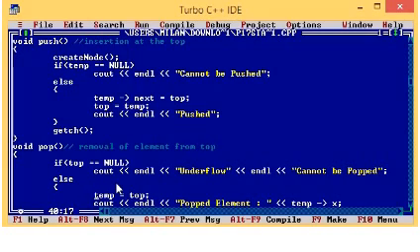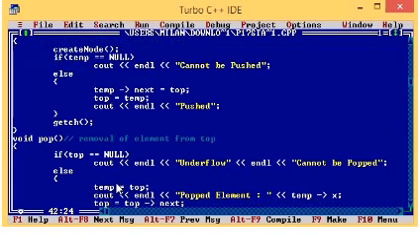Whatever is there on the top of the stack, take it into some temporary location, because as we have allocated memory dynamically using new, we have to remove it. Then only it will be added to the free store. So whatever is there on the top, keep it in a temporary node. So top is assigned to temp. And then, what is the popped element?